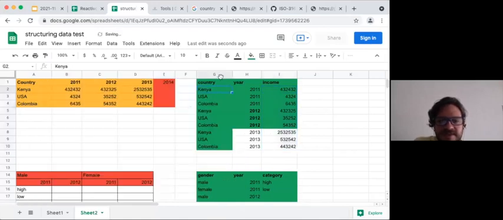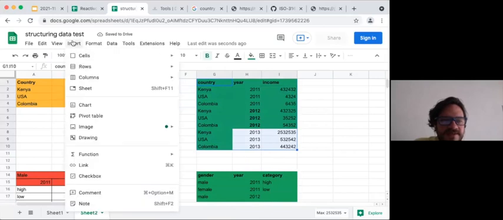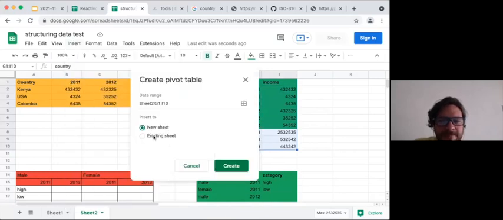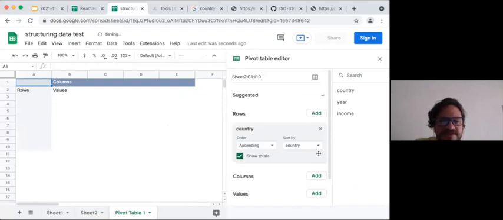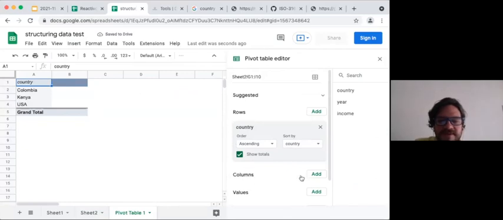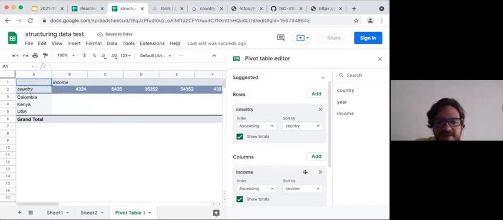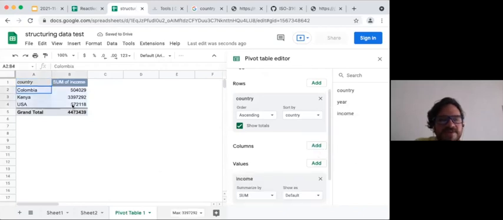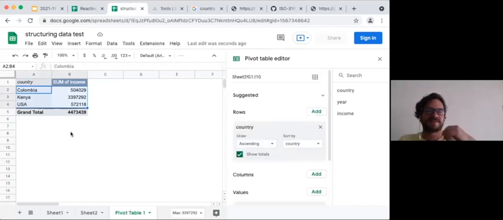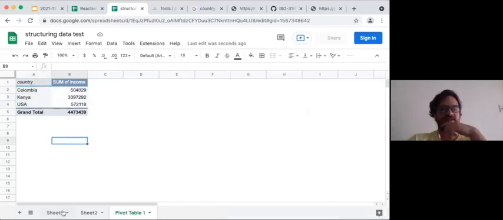Then we can also do things like this: insert pivot table. Let's put it on a new sheet, and here it asks you which type of variables to put in rows and columns. So basically this does the tabulations of the data, say country, and then we have some country, and maybe we can use the income to see a total income by year. Sorry, this is not what I wanted, but let's try values income, and then we have the totals by country, right? And this is the type of aggregations that we can do when we have the data formatted